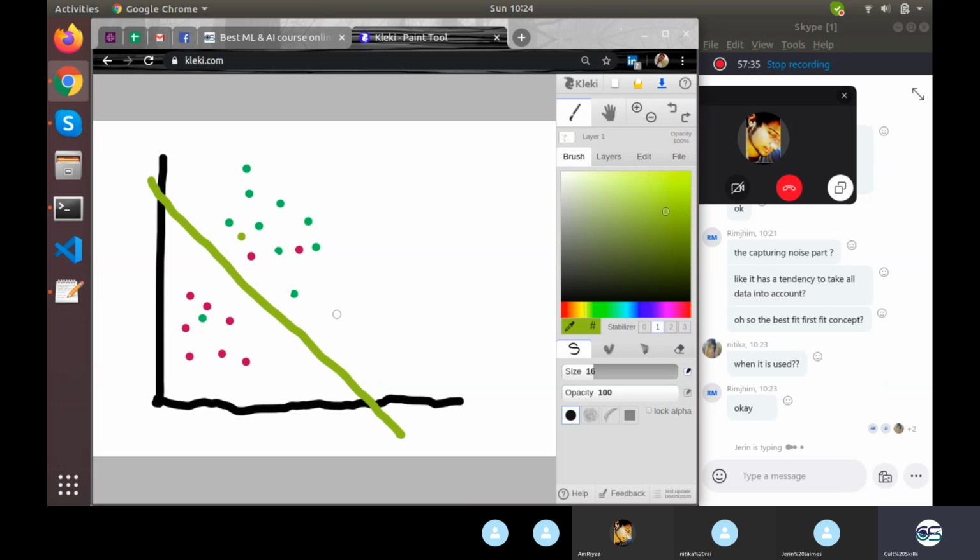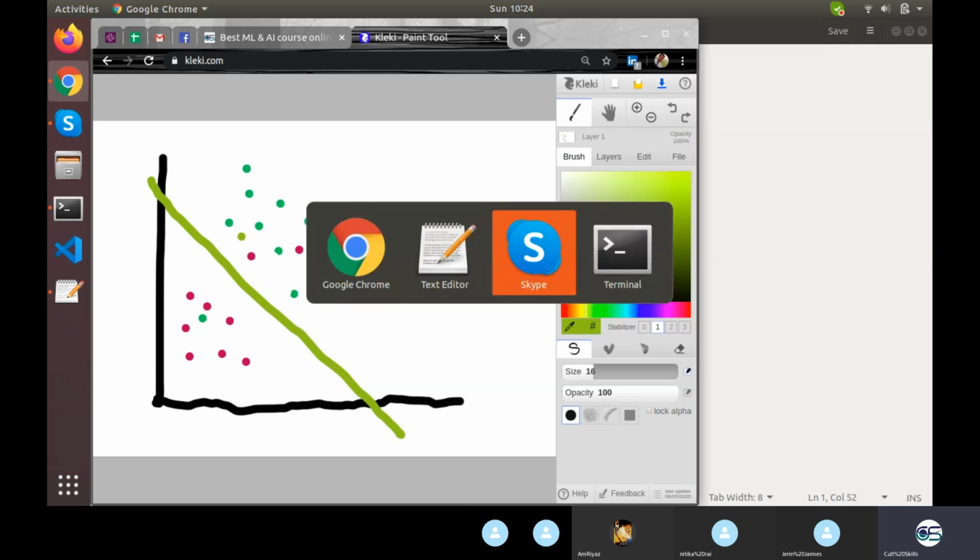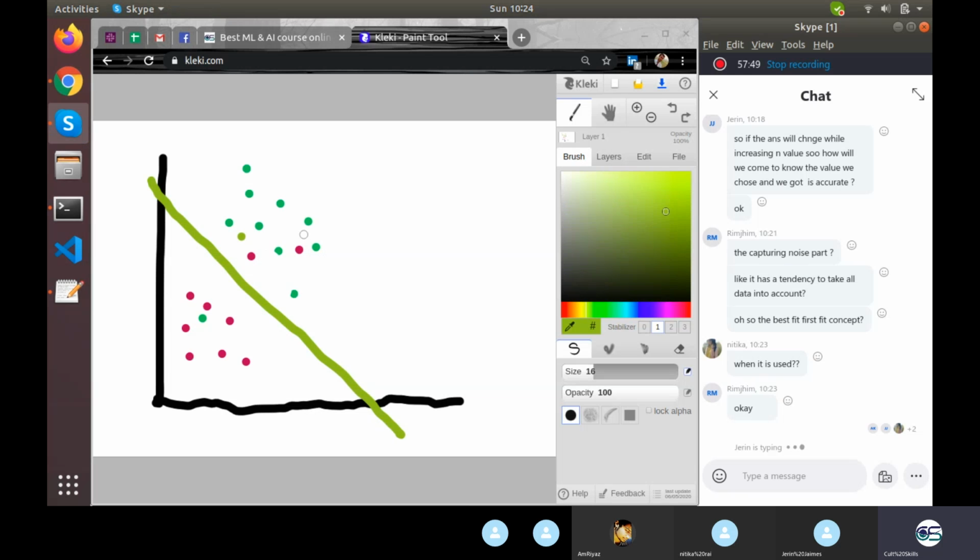How to apply the algorithm is something you need not cram. You can refer to Google anytime and it will give you the syntax. Even I referred to Google for this n_neighbors part. sklearn has a good amount of documentation for this. I forgot whether it was N or K or n_neighbors, but it was n_neighbors. I got it from Google.